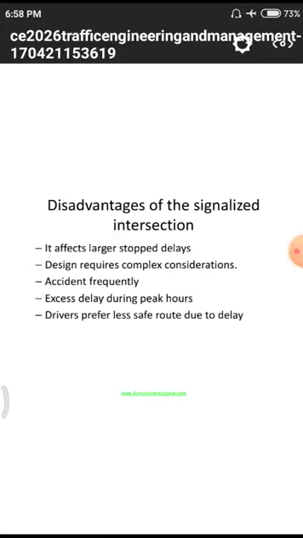Next one, what are the disadvantages? The major disadvantage is that many people are losing their duties. Why? Because in the previous slides we observed that a huge quantity of police are replaced with this traffic signal, so all the police are losing their duties. That is a major disadvantage.